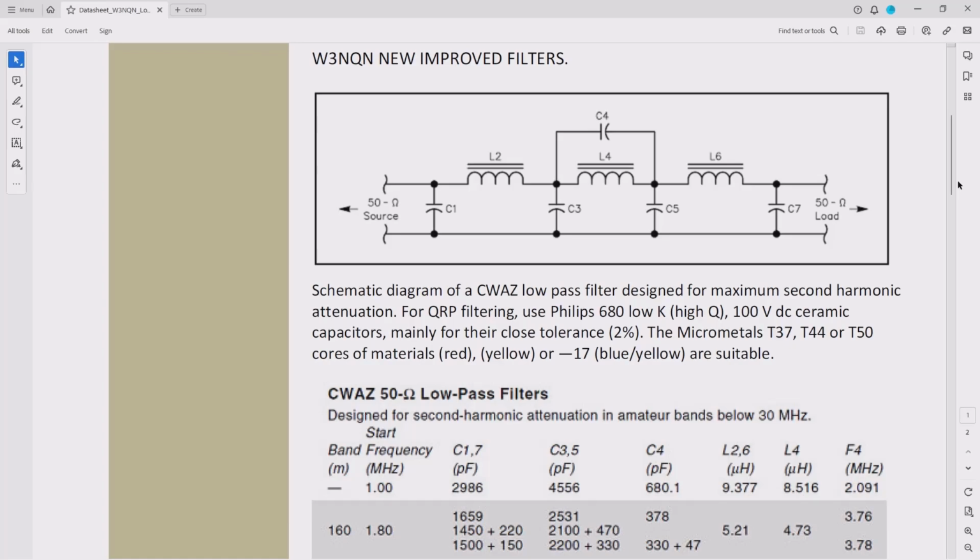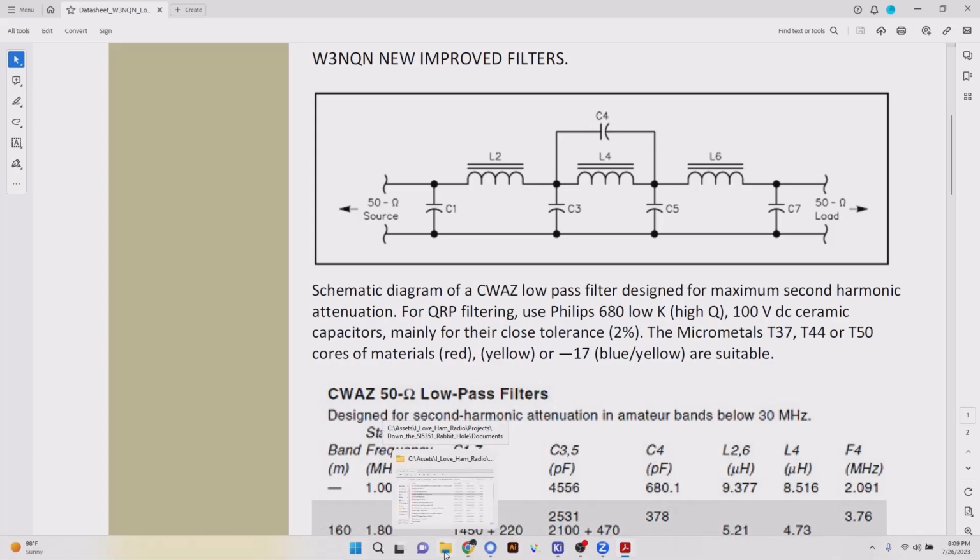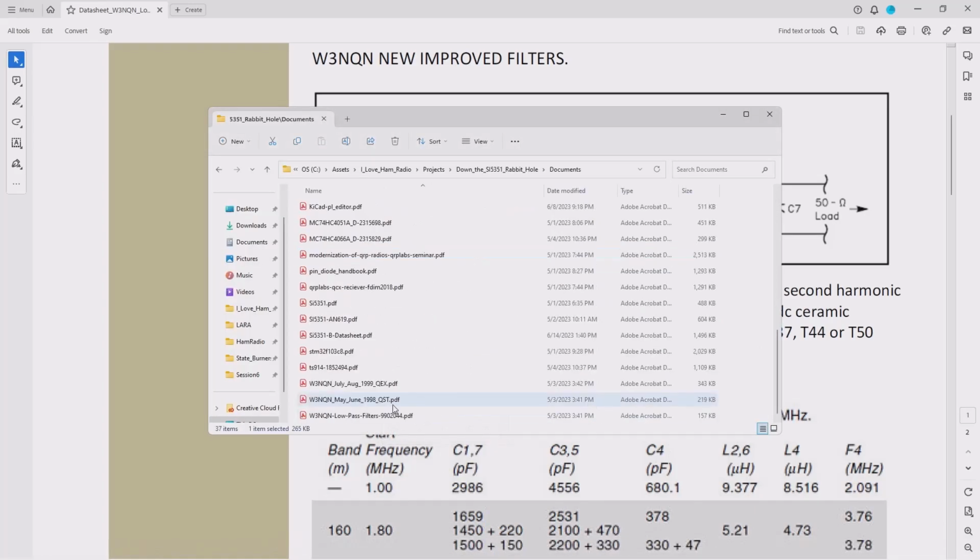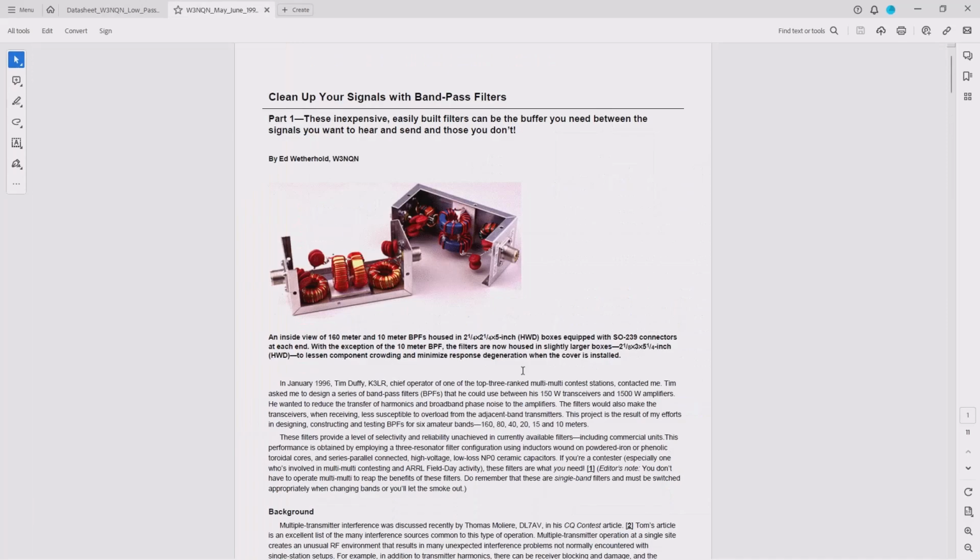These are all proven. They've worked quite well. And if you wanted a cheat sheet for bandpass filters, then